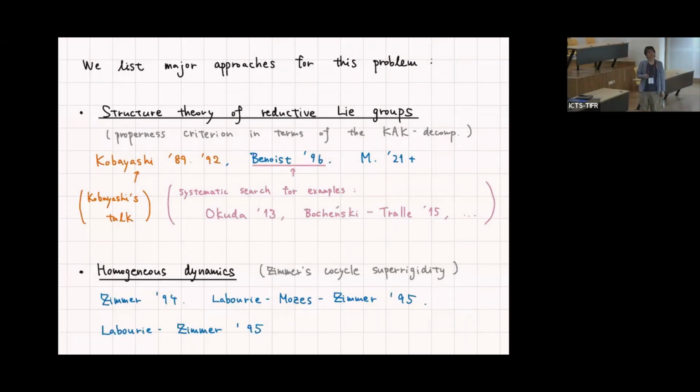Okay, and there are a lot of approaches to these problems, and I would like to list some of the major approaches. The first is using the structure theory of reductive Lie groups, namely the properness criterion in terms of the KAK decomposition of the reductive Lie group G, which I think will be explained in tomorrow's Kobayashi talk. Using this properness criterion, you can get some non-existence results and existence results for the compact quotient, including the examples explained in today's Kobayashi talk, and also Benoist's work, and also myself, some generalization of Kobayashi's result. And the systematic search for G mod H to which this method applies